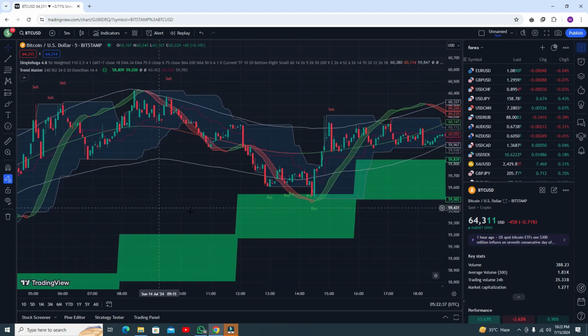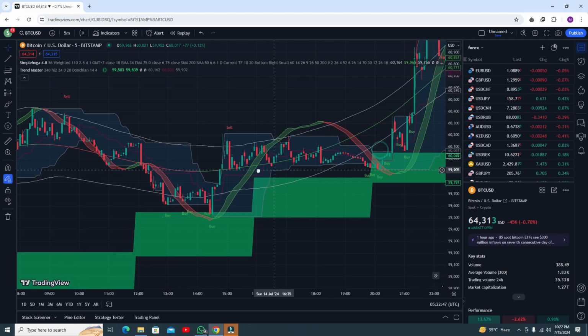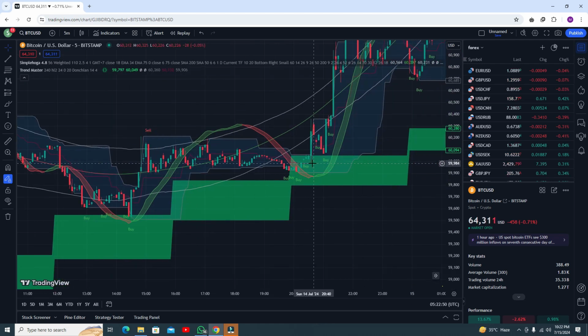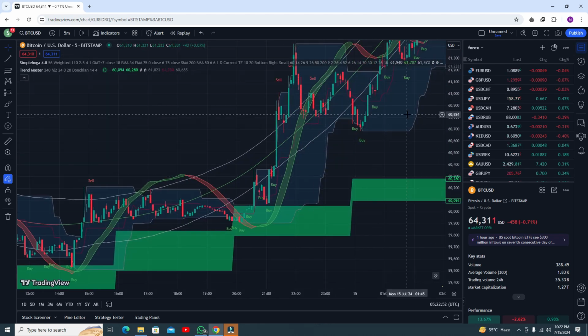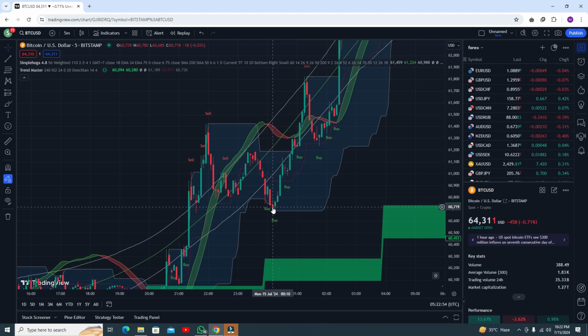Again at this point you are getting a buy signal, and RSI is below the lower band line, and the trend is green, so you have to go for the buy trade. You have to book your profit here. Again you can go for the buy trade, and you have to book your profit here. This is your buy trade, but you have to go exactly as I mentioned.